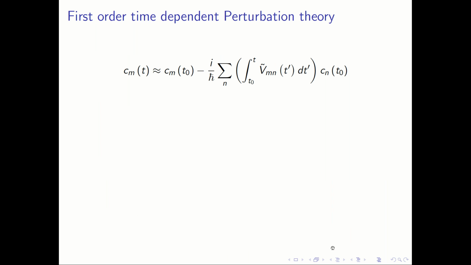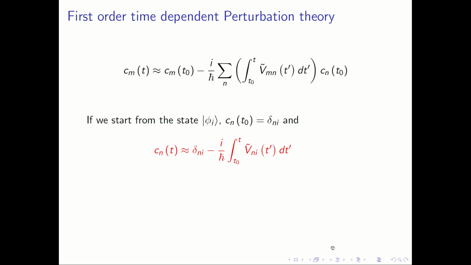So this is the first order time dependent perturbation theory result, that you can calculate C_m(t) just by finding out this integral. And in particular, if you are starting from a given initial eigenstate, there is unperturbed eigenstate phi_i, then these C_n(t_0) are mostly 0, only one of them, that is the ith one, is 1, and using that you end up with this simple expression,